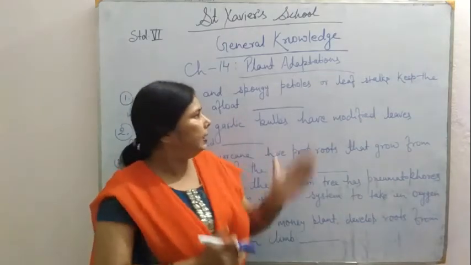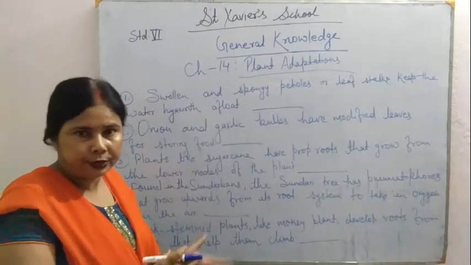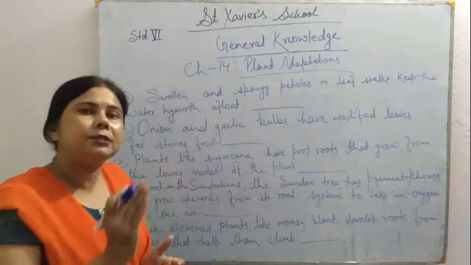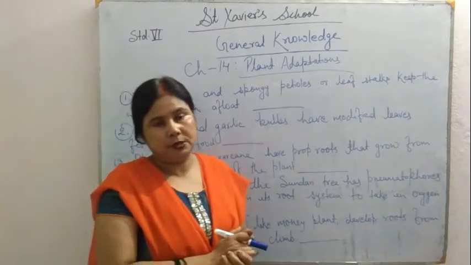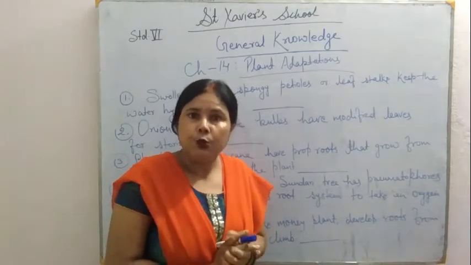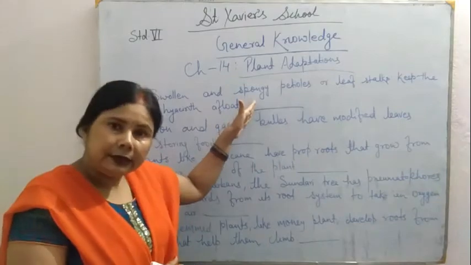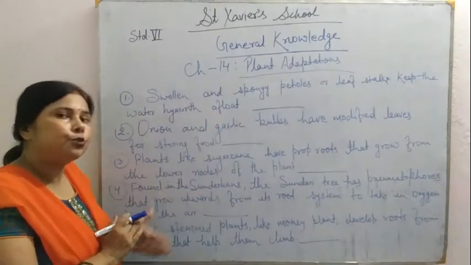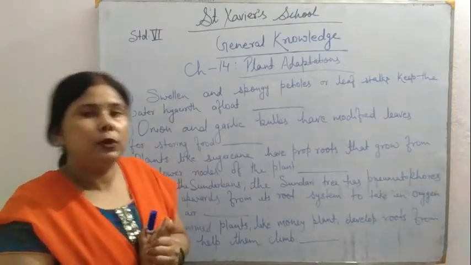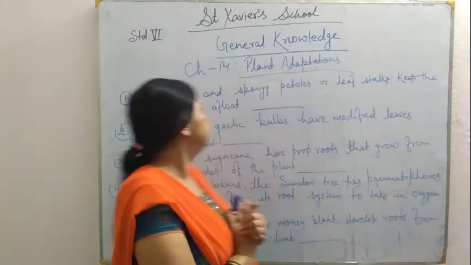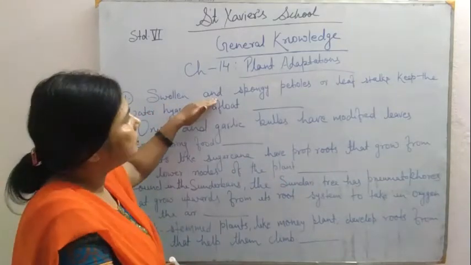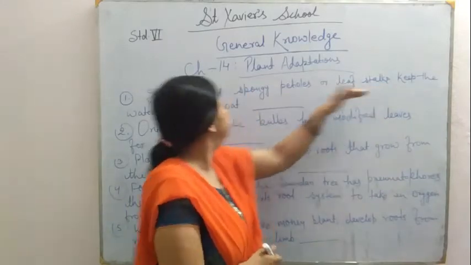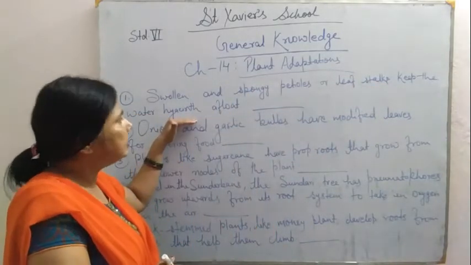So children, here is the exercise given in chapter 14 and in this exercise there are some statements based on plant adaptations. So what you have to do children? You have to read these statements and find whether these statements are true or false. So let's begin with the first statement, that is soil and spongy petioles or leaf stalks keep the water hyacinth